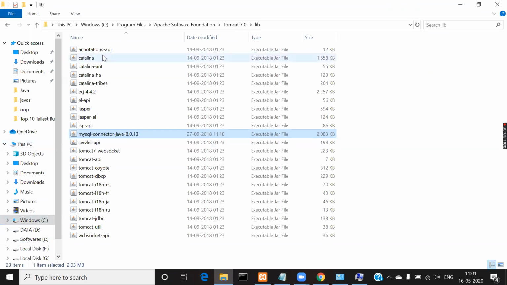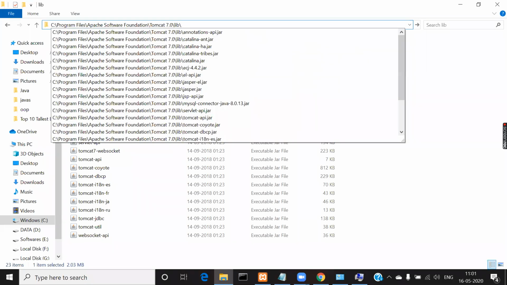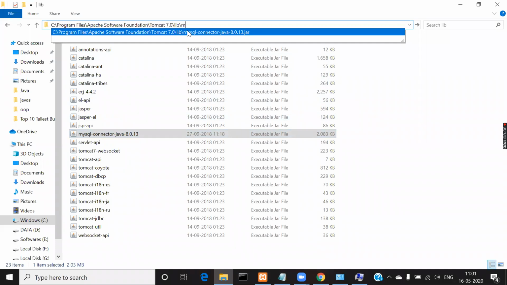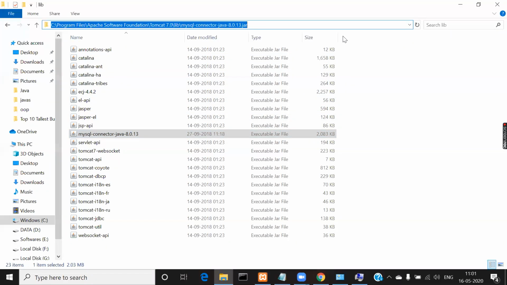Okay, so go to Program Files. You can place it anywhere, but I pasted it here, so I'll set the path for this directory only. If you paste it in Java's lib folder, you have to set the path for that particular folder only. Because my MySQL connector jar file is placed in this folder, I have to use this path only. So select this path from the address bar, and after this lib, give one backward slash and type mysql connector, so this will be selected, and now you can select this from the address bar completely